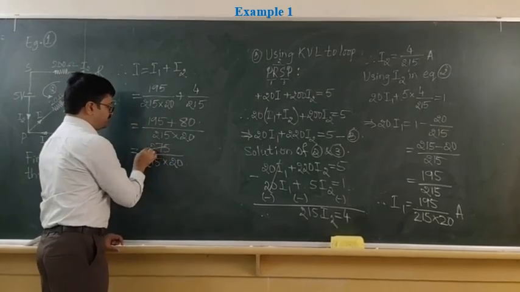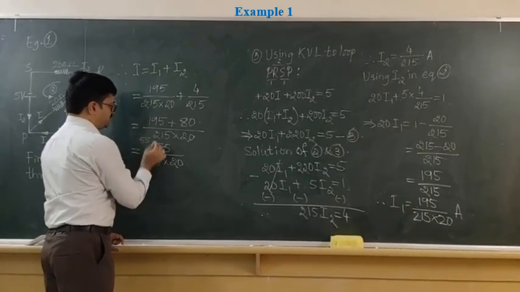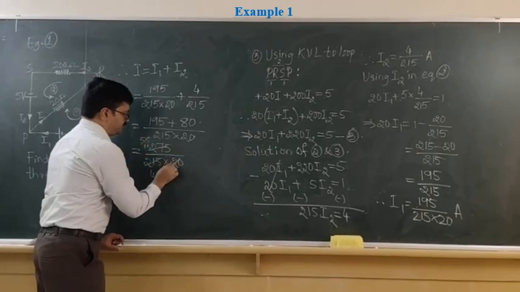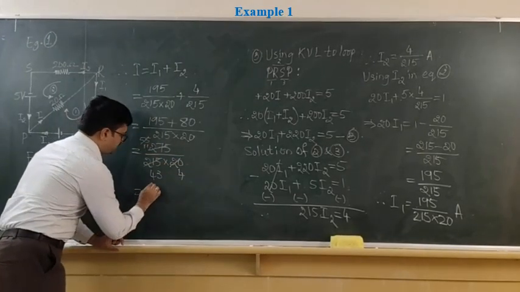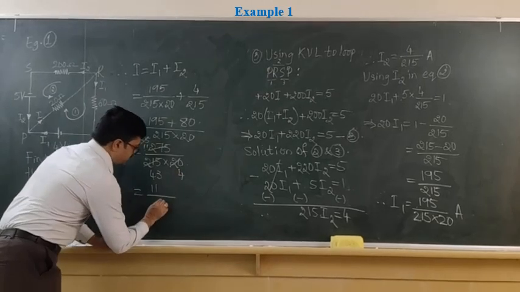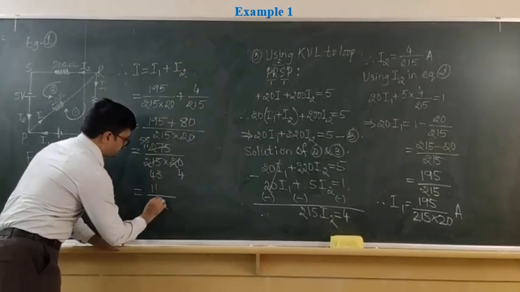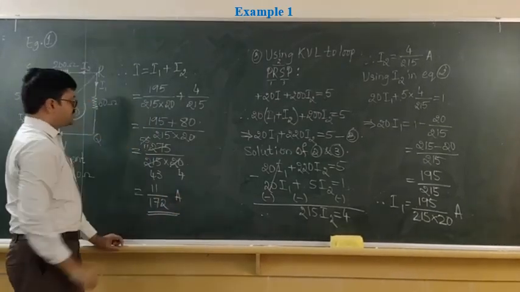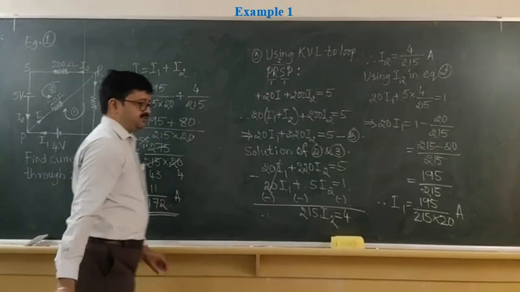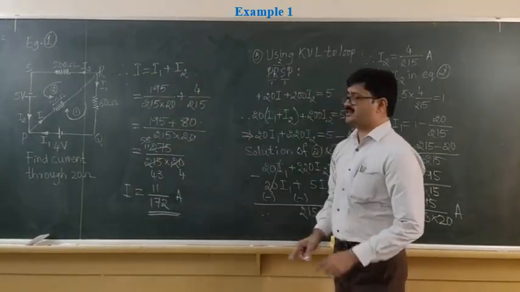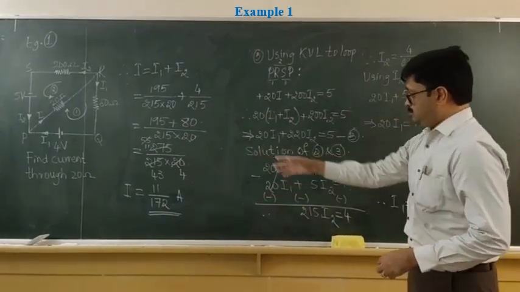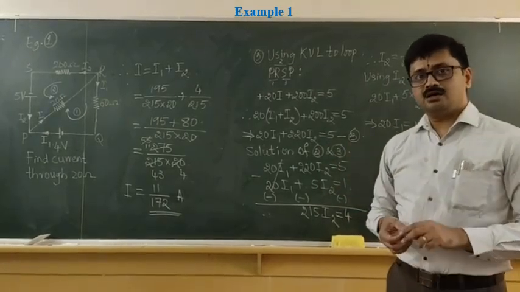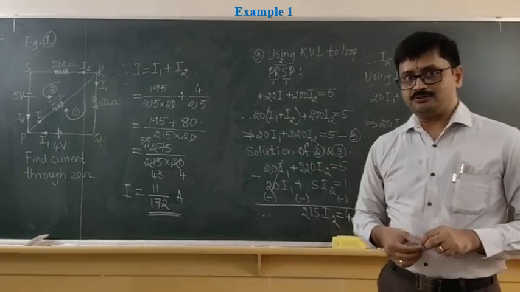So now I will simplify this. This is 55. This one is 43. Then 5 11s. Then 5 4s, so we get this as 11 divided by 4 is 12, 4 4 16, 1 17. So 11 divided by 172 ampere. This is the value of current I, that is current flowing through 20 ohm resistance. I suppose this particular methodology and approach is clear to you all. Okay, kindly make an updation into that particular solution. Thank you very much.